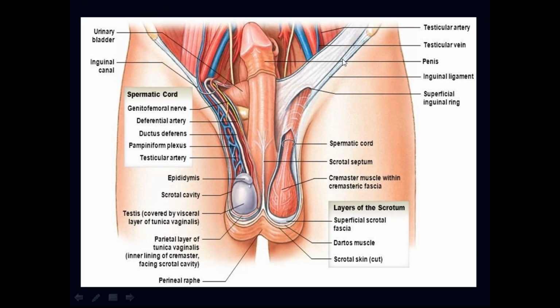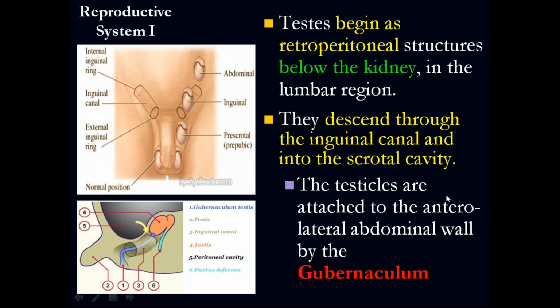So here we show the inguinal canal. Please don't be confused with the inguinal ligament. The inguinal ligament is part of the wall of the inguinal canal, but the inguinal canal is a channel. The ligament connects the pubic bone with the anterior superior iliac spine on the iliac bone. So it's a ligament only. But here is what we have: the inguinal canal has the spermatic cord passing inside. The spermatic cord contains the testicle, the vein, artery, and nerve. Okay, so let's keep going.